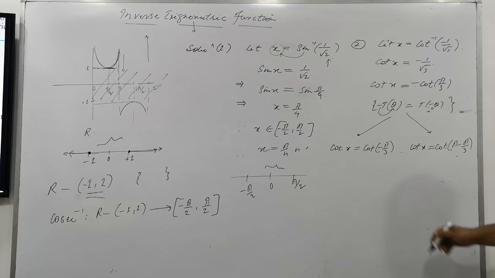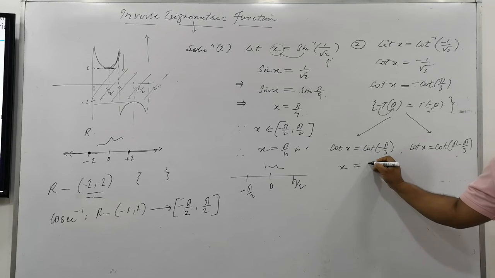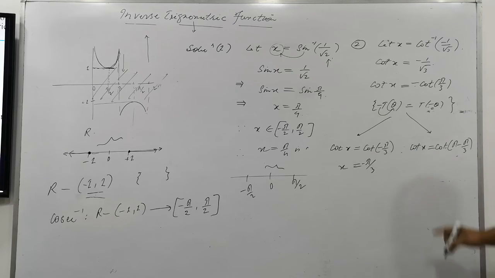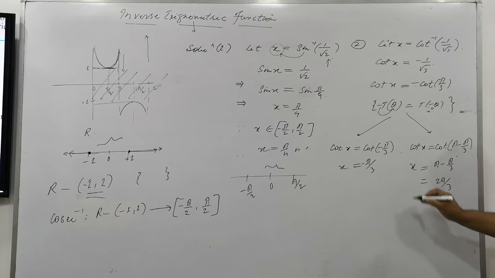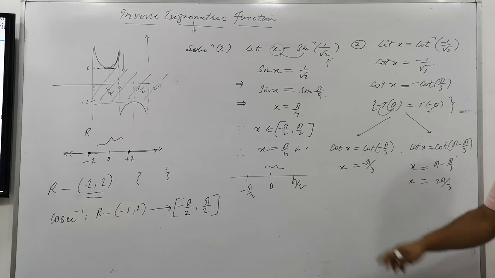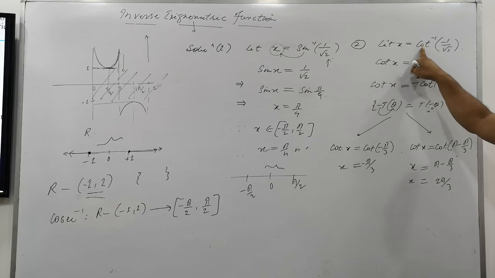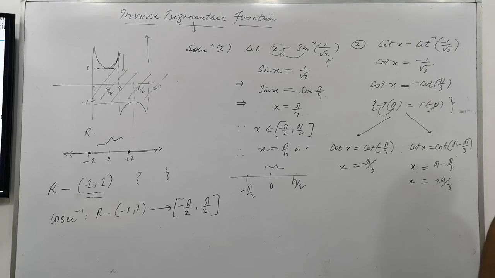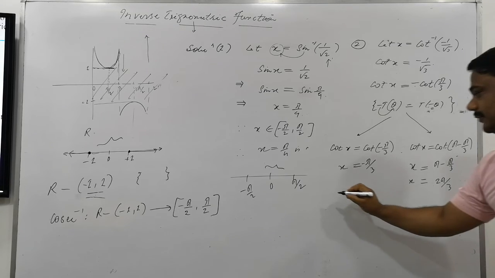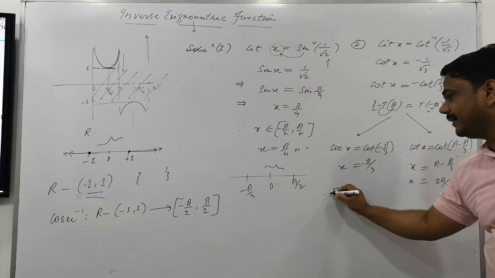Okay, so which is the right solution? x is equal to minus pi by 3, and x is equal to pi minus pi by 3. What is that? 2 by 3, 2 pi by 3. Okay, tell me which is the right answer. Is this the right answer? Tell me, what is the range of the cot function? 0 to pi. Okay, so since minus pi by 3